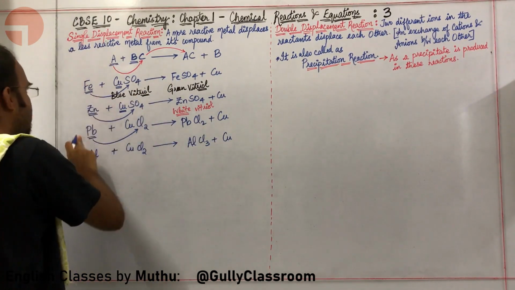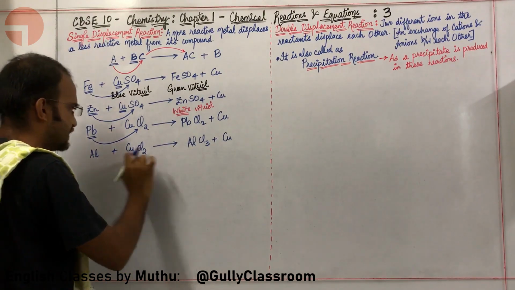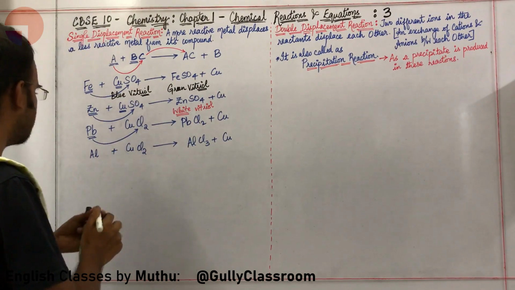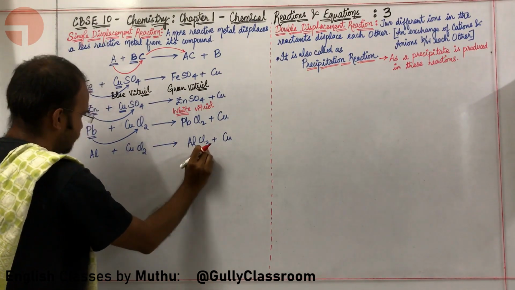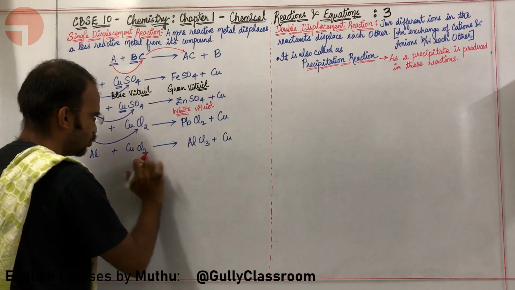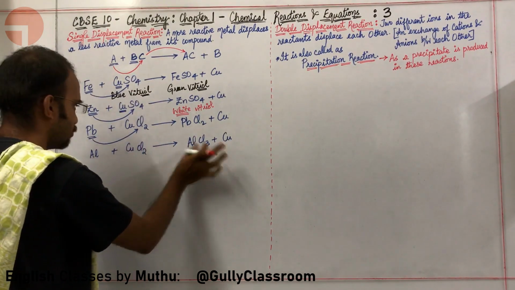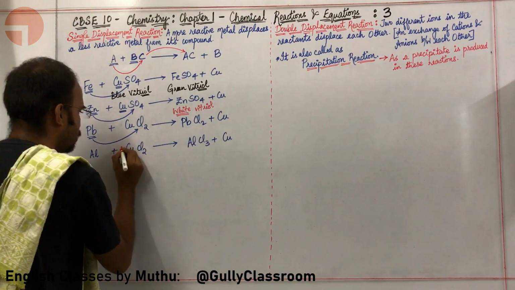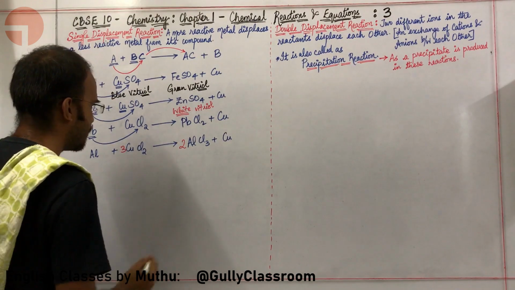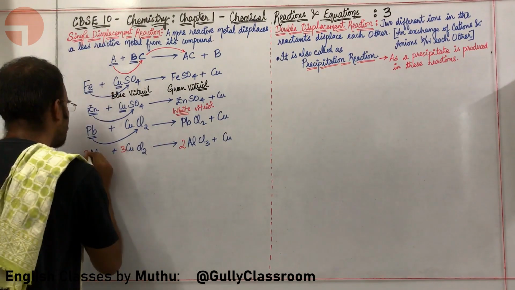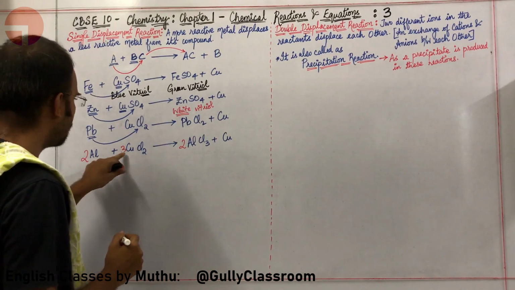All these three reactions are self-balanced reactions, but I need to balance this particular reaction. Let us balance this reaction. Here there are 2 chlorine, here there are 3 chlorine. So the LCM of 2 and 3 is 6. I need to have 6 chlorine here and 6 chlorine here. For that, I am going to put 3 here and I am going to put 2 here. Okay, sir. Now what has happened? Aluminium has become 2. So to accommodate that, I am going to put a 2 here. Okay. So copper has become 3.